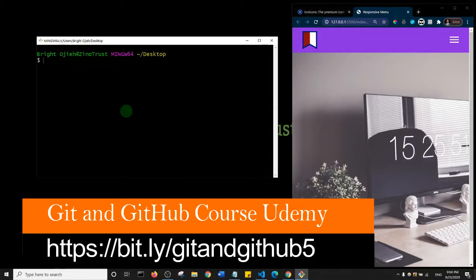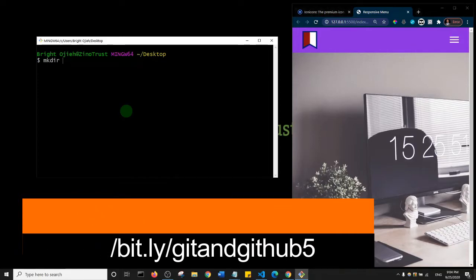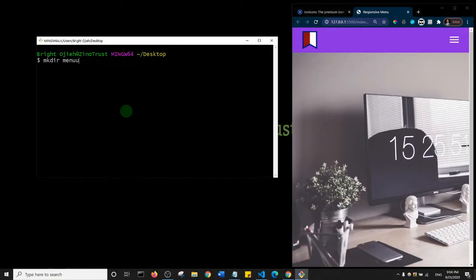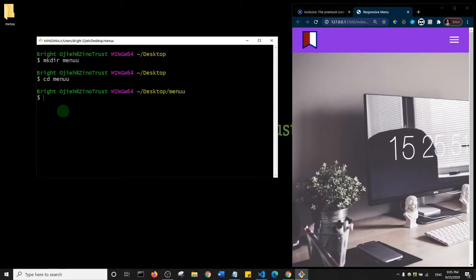So basically what I'm going to do is create a directory, and I'm going to name that directory menu. Okay, I'll hit enter, and basically this is the directory I just created on my desktop. Then I'll navigate to that directory, and I'm going to create 3 files within that directory. So to do that, I'll say touch, and I'll create